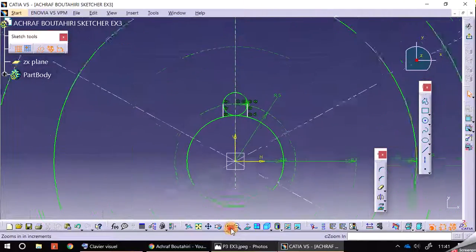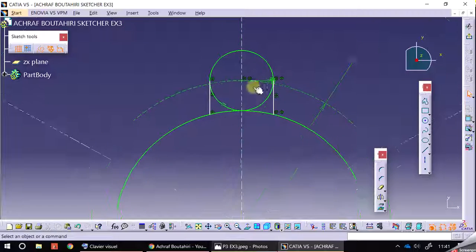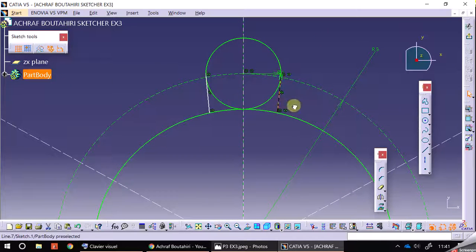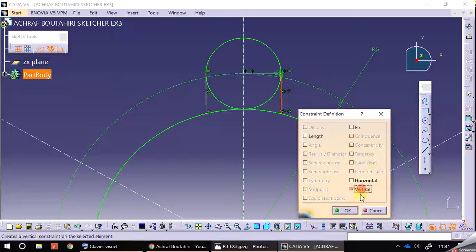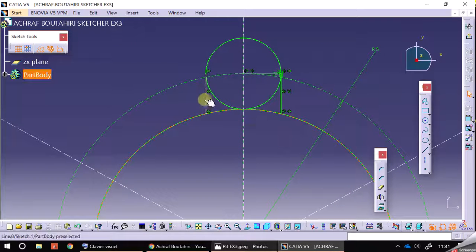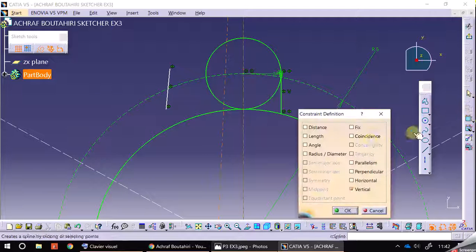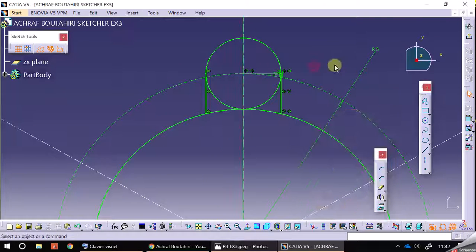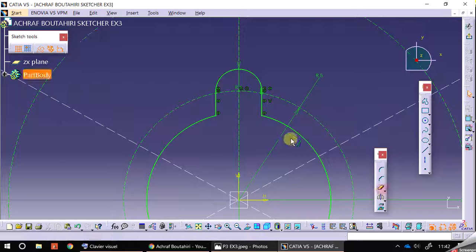And this element here should be vertical, okay. And also this one, this is why this axis should coincide with this axis here, coincidence. And we are going to trim this part here, okay. And we are going to just repeat this item like this,